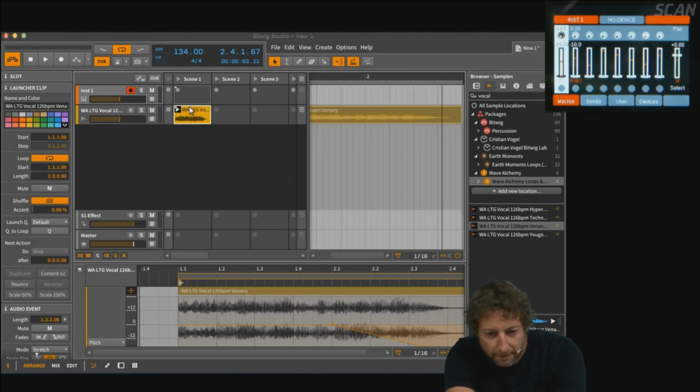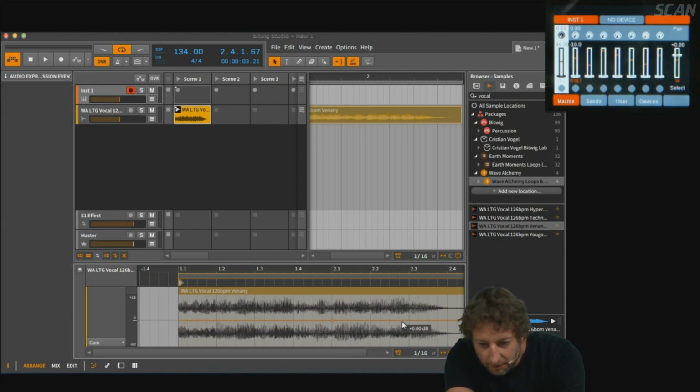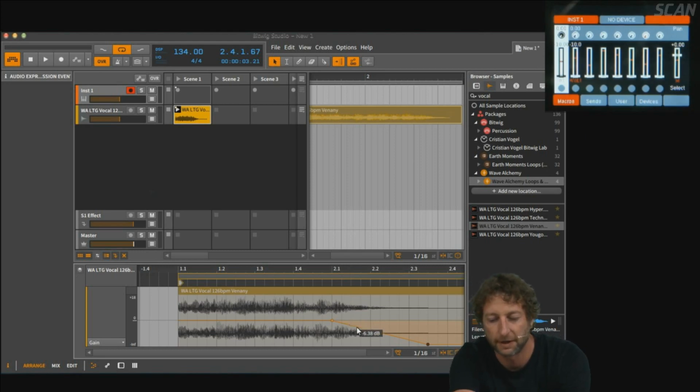Okay, so that's quite cool. And then I'm going to add some gain and do the same with some gain just to make it a little bit more realistic. So let's try it there. Try that. Drag that down. You see how the waveform updates to show you how the audio is affected by the